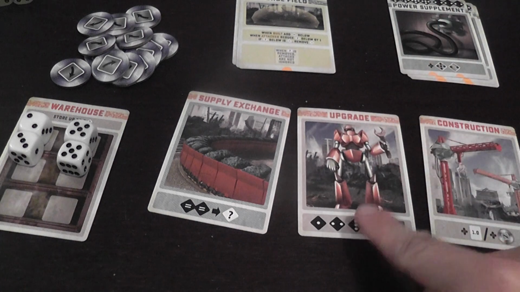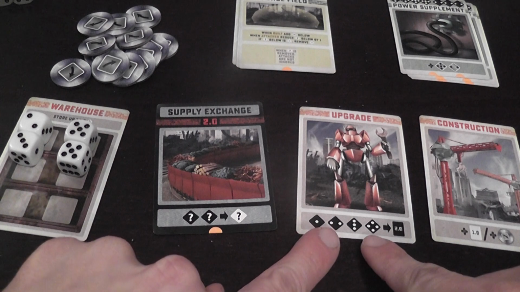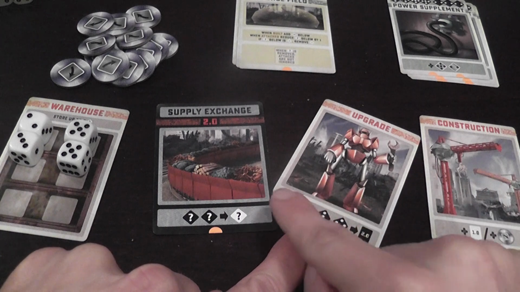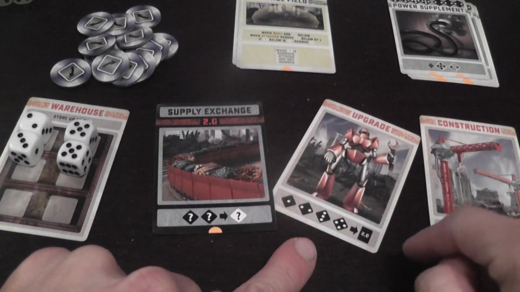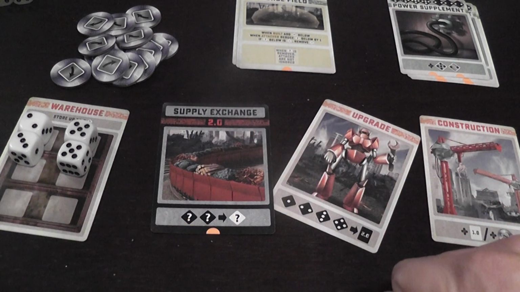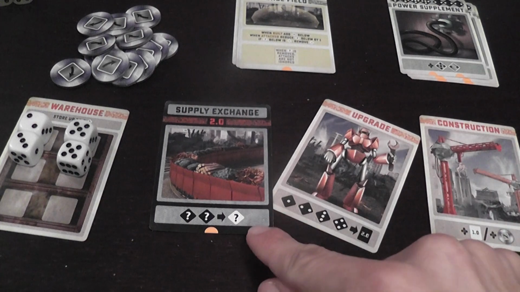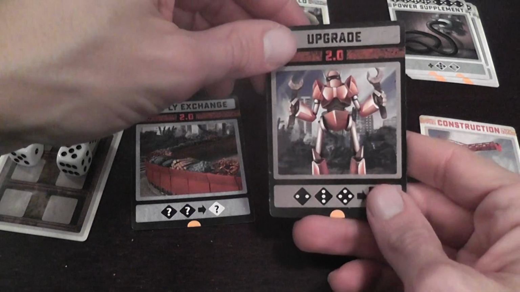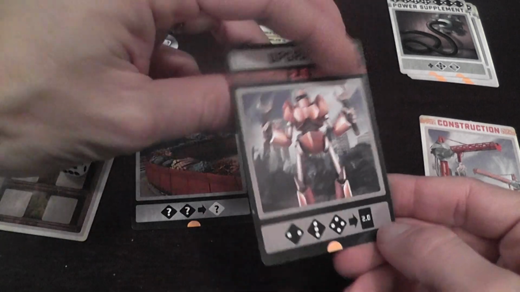The upgrade is the action that lets me upgrade cards, that is, flips them to their better side. For example, to use the upgrade action, again I tap it to indicate I use the card. You can only use each card once per turn. I spend a 1, 2, 3, and a 4, and I can upgrade another card. Now, for example, the supply exchange lets me exchange any 2 dice, no matter what they show, which kind of die they are, for any die that I want. Sweet. You can also upgrade the upgrade. That's so meta. And in this case, you only need a 2, a 3, and a 4 to upgrade a